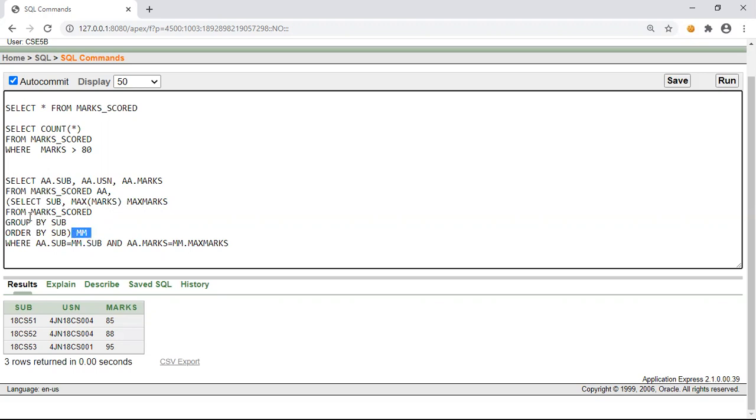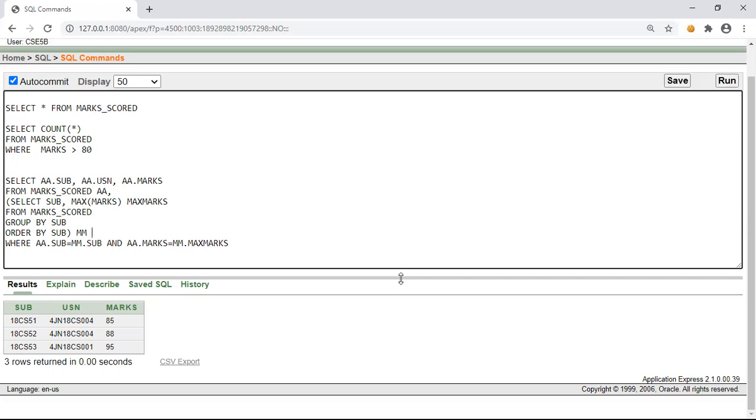Similarly, in a few other queries, we may be writing such queries in the where clause. If we write a query inside a where clause, then we call it a nested query. So this is not an example of a nested query because we are not writing the query in the where clause, but instead we have written it in the from clause. So just practice these things as part of laboratory exercise also.